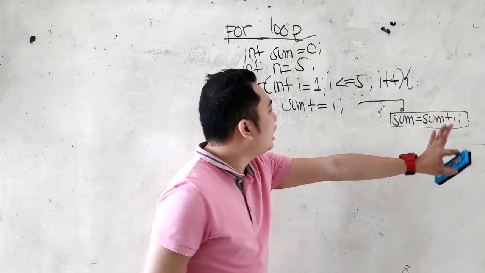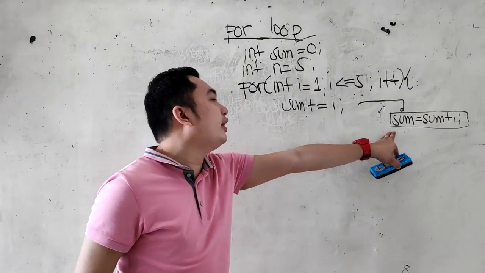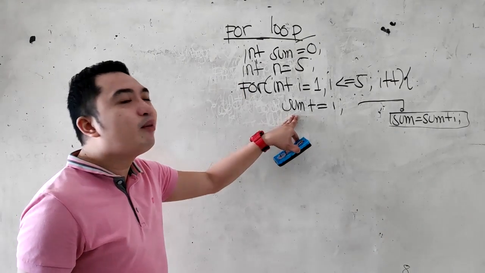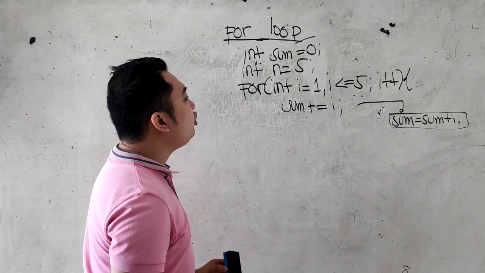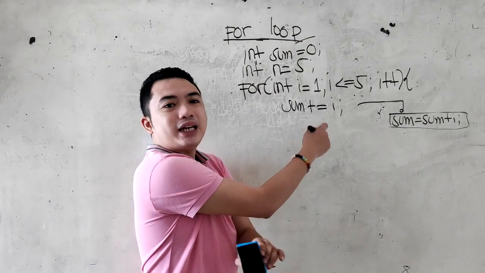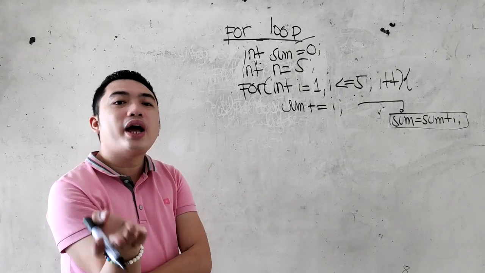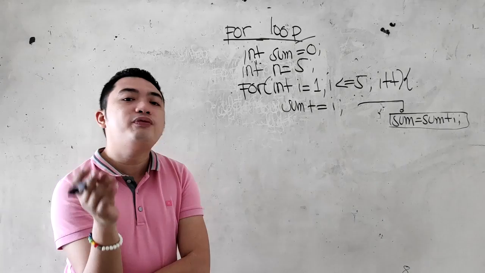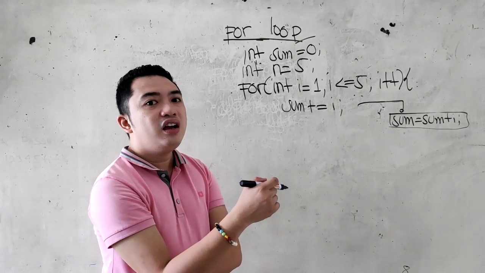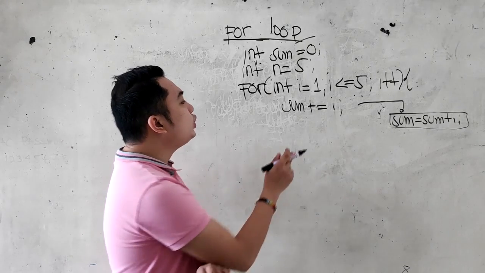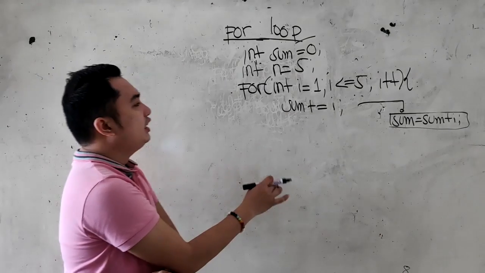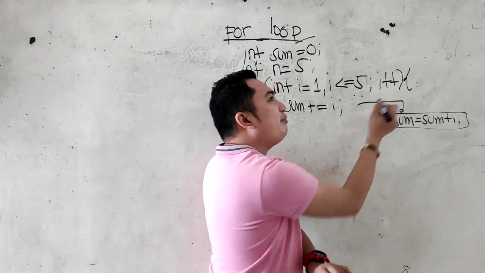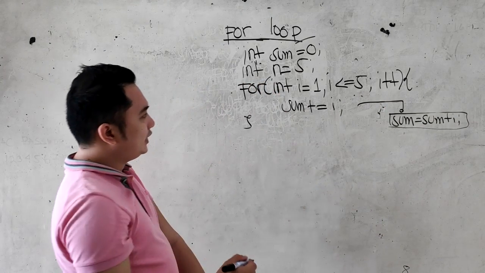Alright, so I will not erase that, but please remember that it's not included in our code. So this is the one included: the sum plus equals to I. And then you don't need to write I plus plus here. In our previous video about while and do while, the increment and decrement, or the update of the loop variable, is inside the for loop. So you don't need to write it here, because it is already written in our header, the I plus plus. So you can close the brace.